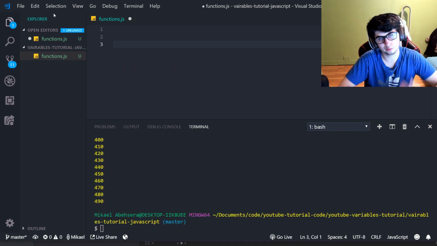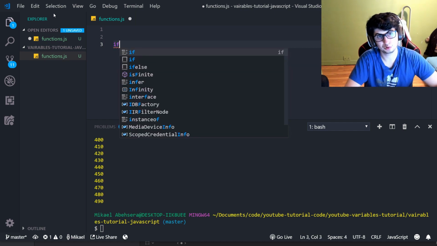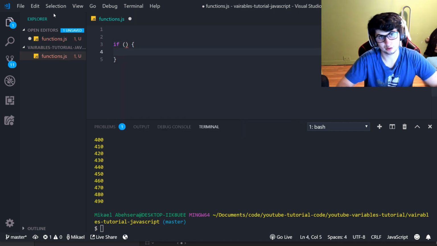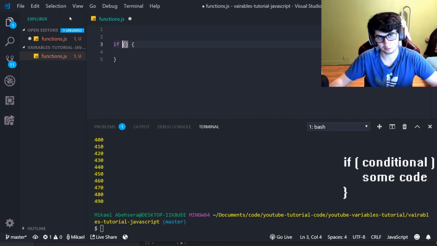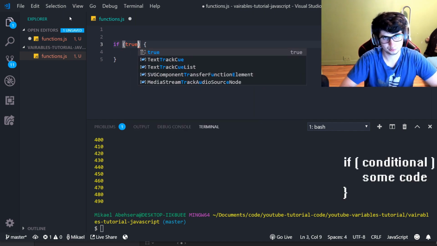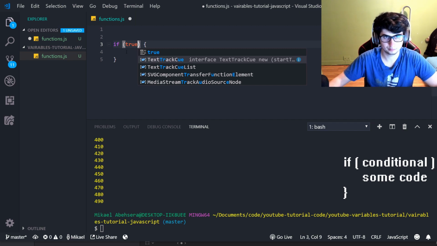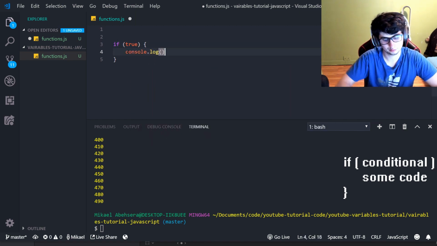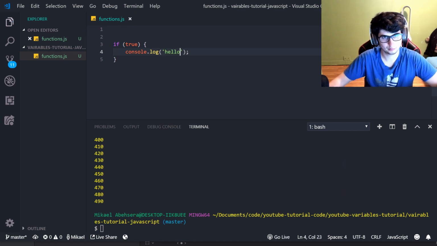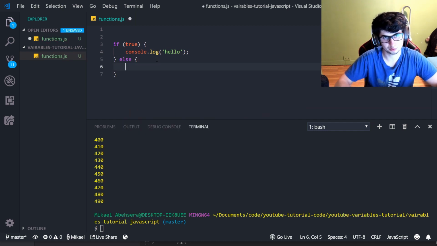So we went over the for loops. Now let's go over if statements, or conditionals in general. Pretty much what it's saying is, if this is true, run this block of code. So if true, run this. And then you can do else. So if it's not true,